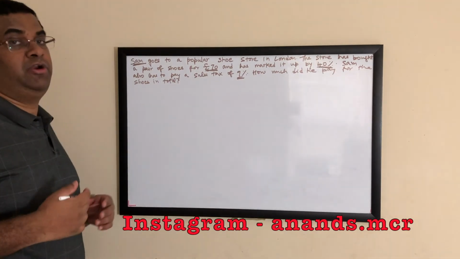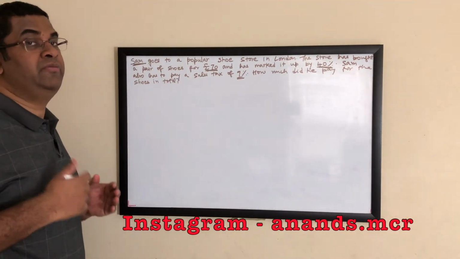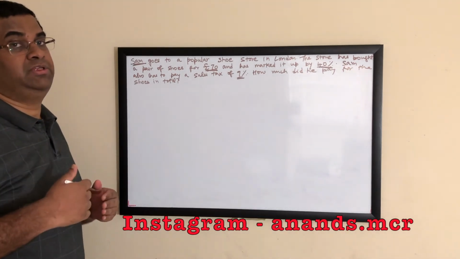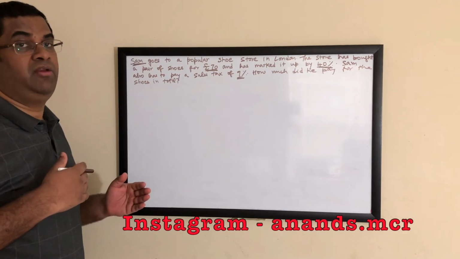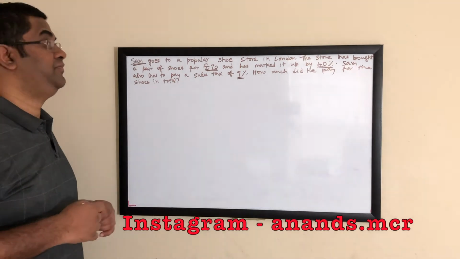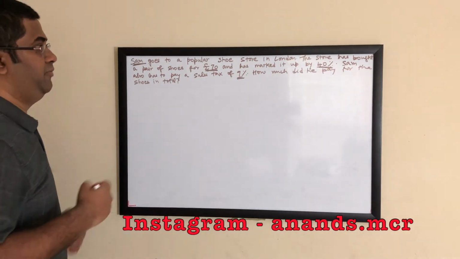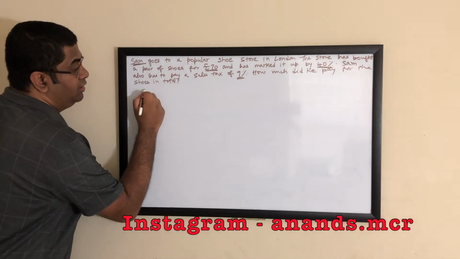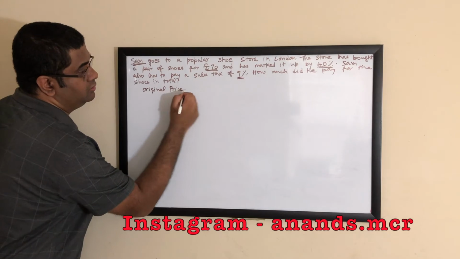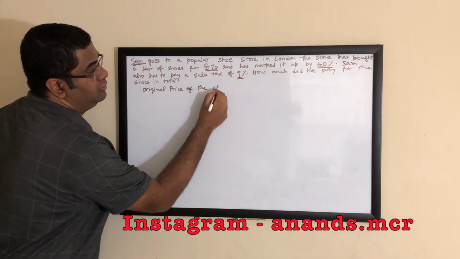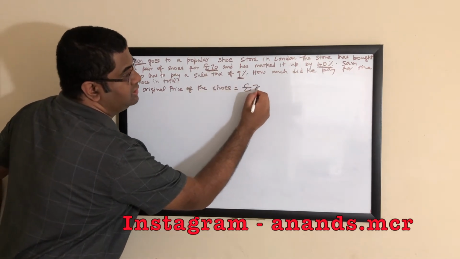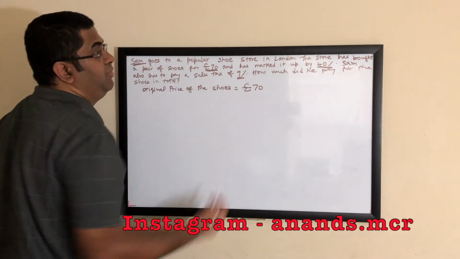And as I was telling you in the last problem, friends, it is very important that in problems involving consumer math, you follow the systematic procedure of writing the steps, which will ensure that we do not go wrong when we compute the actual values in these consumer math problems. So let us write step 1. Step 1 would be the original price of the shoe, which is given in this problem, which is £70. And it has been marked up by 40%.